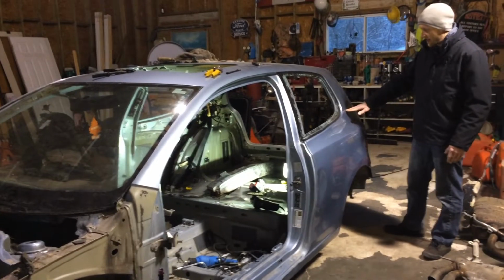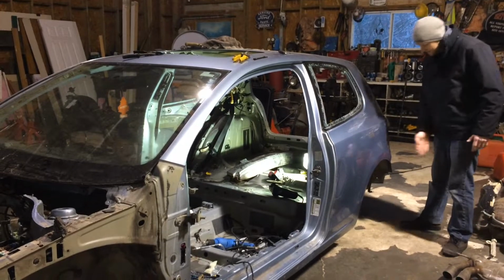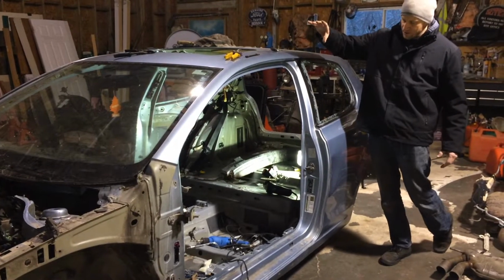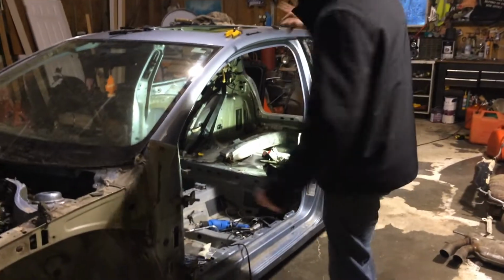But that's the game plan, is going to be cut more than we need right now. Chop across here, take the quarter out, take the B-pillar out, and put it in a two-door. But let's hop into the car. I'll show you